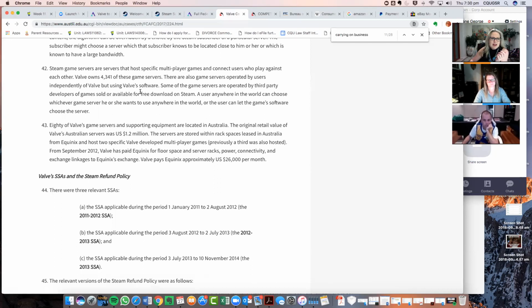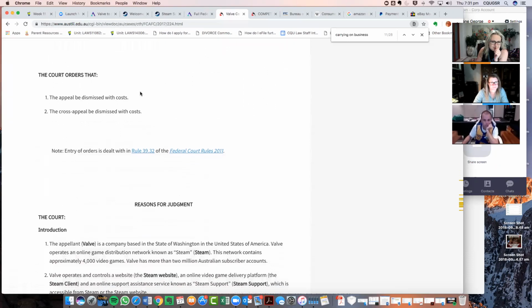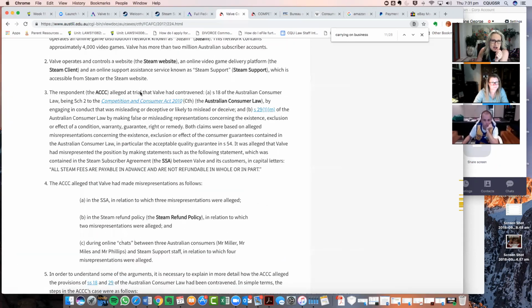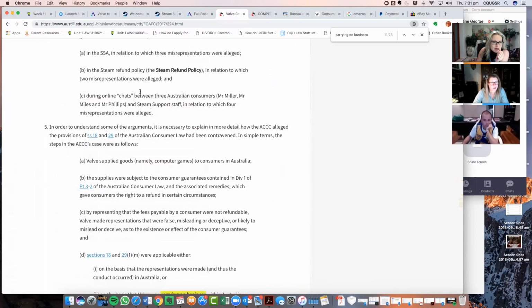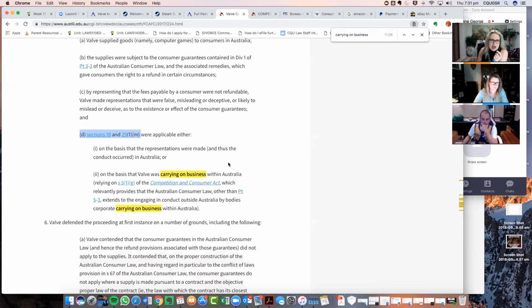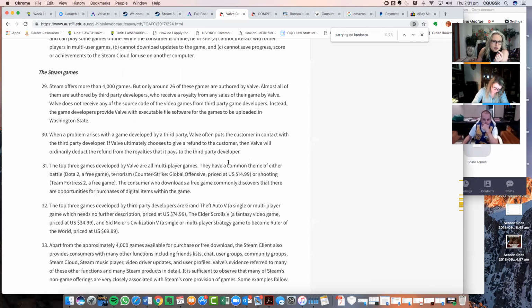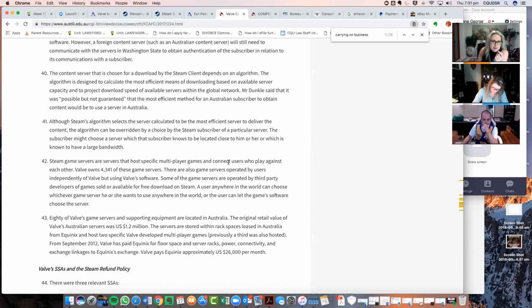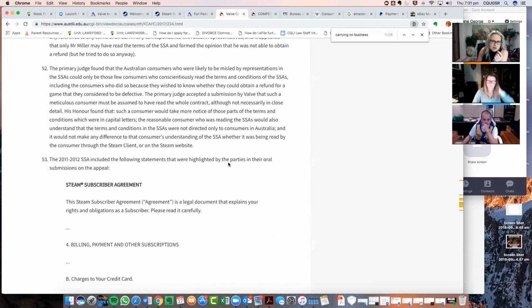So they had this wonderful set of, here we go. They had this wonderful set of provisions there that they thought was rather good. Now, so they were alleged to have breached, obviously, the misleading and deceptive conduct provision. And they had come up with these terms, which I had shown you before.